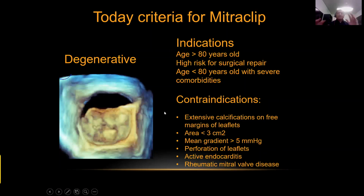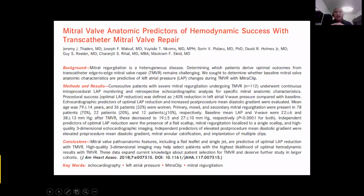Indeed, morphologically, if we have one valve with degenerative mitral valve disease with more than one prolapse, P1, P2, P3 prolapse, or even with Barlow disease, we do MitraClip. Of course, there are some exceptions. But this is the only paper I found, by Jeremy Taden from Mayo Clinic, who correlated the morphology of the valve with the reduction of the pressure